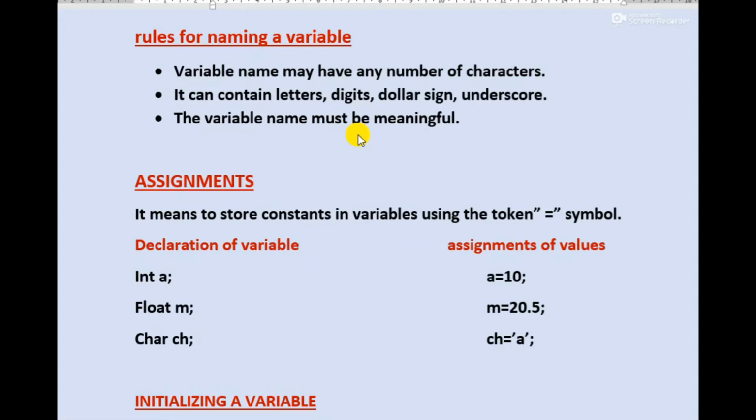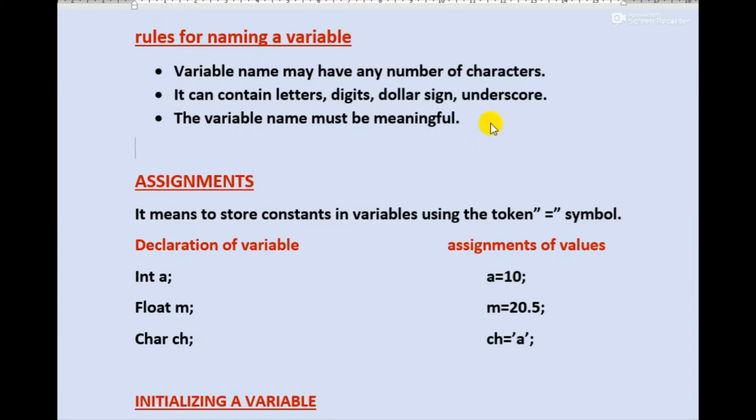Meaning, whenever we are using any variable name, the purpose of that variable should be represented by that variable name. And the underscore character is used to separate two words of a variable name.